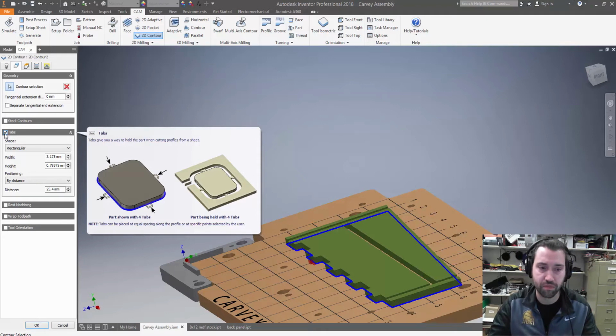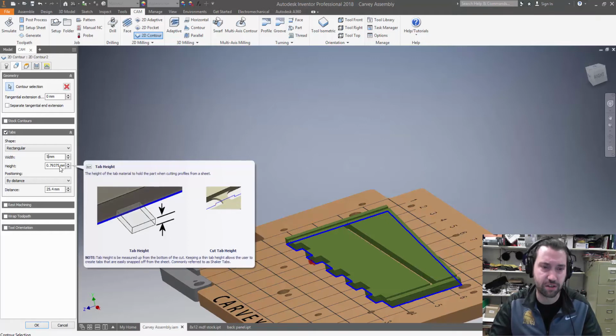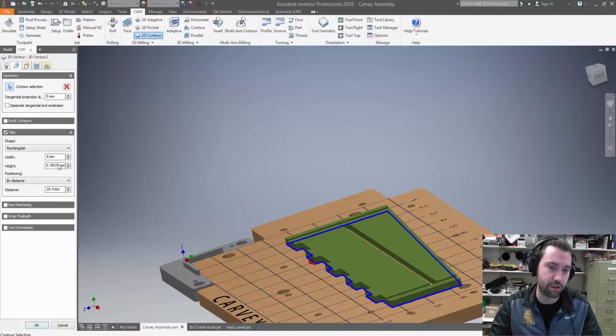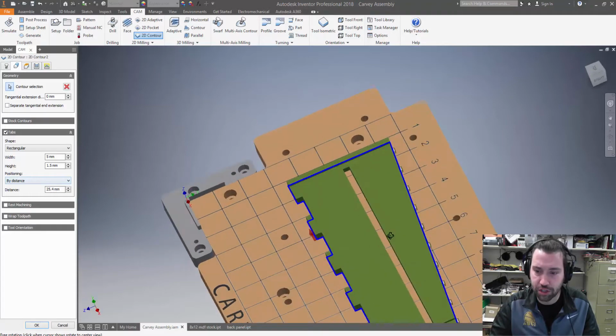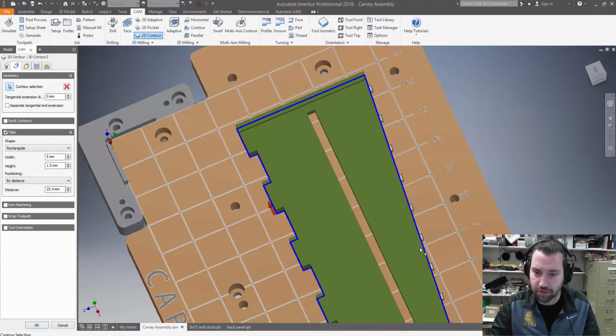Now for tab size, I found that a little bit larger than the defaults works well in our router, especially if we're working in MDF, which is super easy to cut and sand. There's no reason not to go a little bit bigger. So I found that a width of 5 millimeters and a height of 1.5 work reasonably well. And if you use the positioning by distance, you can see it just auto places a bunch of tabs